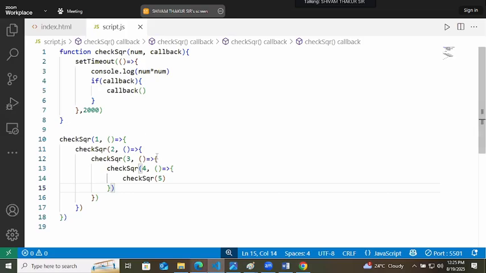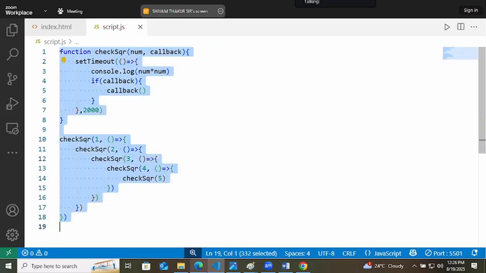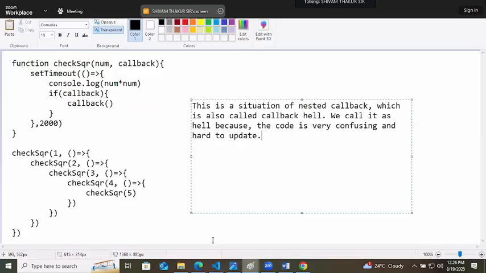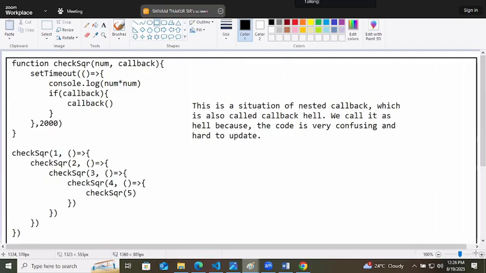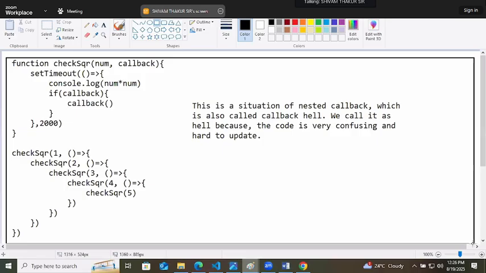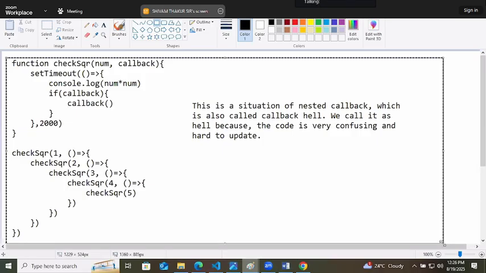Arrow function, arrow function, arrow function, arrow function. If you delete a single thing, finding the error and doing the debugging is very difficult. Now this is the callback hell. And why is it a callback hell? Just check the code. Scary. It's a scary code. This situation is only called callback hell.